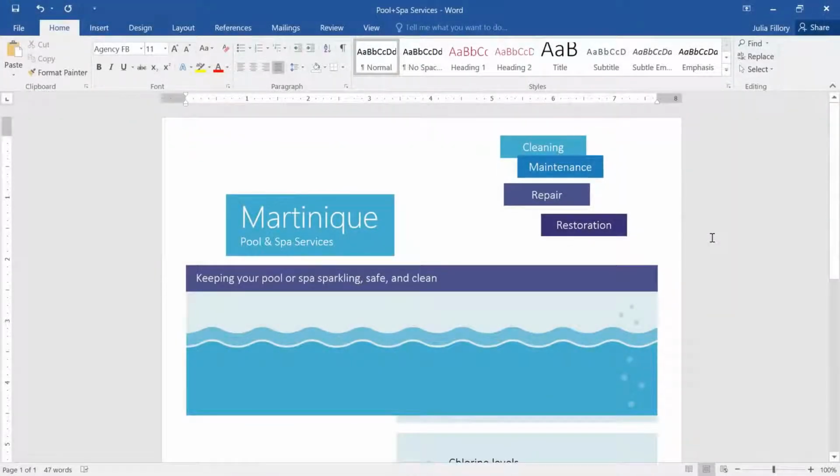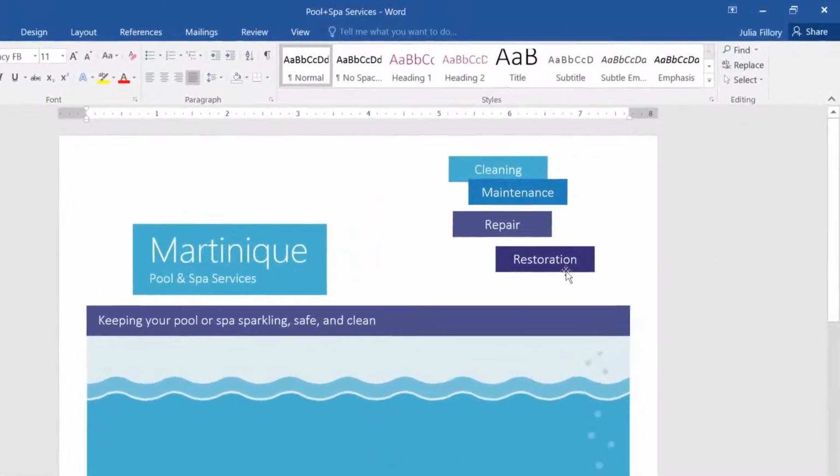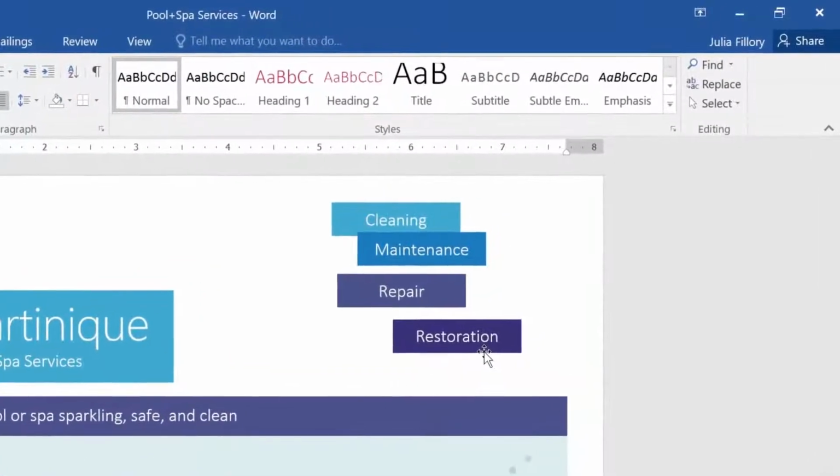Pictures, text boxes, and shapes are all considered objects in Word. Sometimes you need a little help arranging these objects to get your document to look the way you want. Take these 4 text boxes, for example. Right now, they're all placed kind of randomly on the page, but I'd rather have them lined up in a